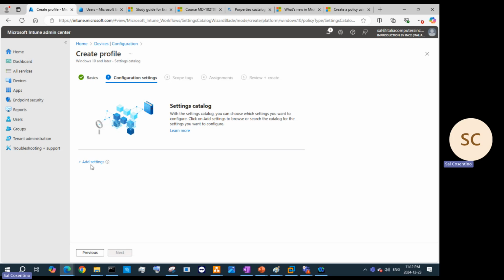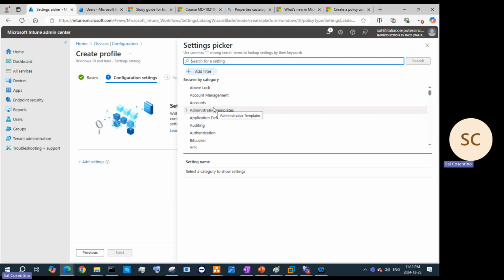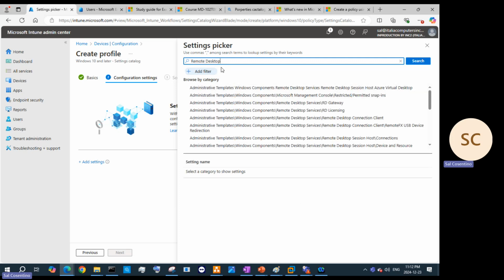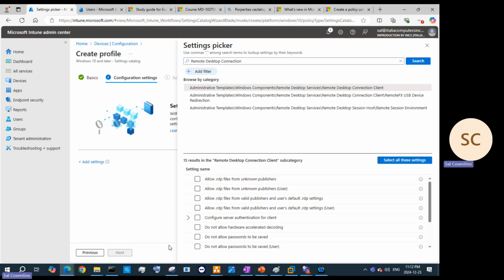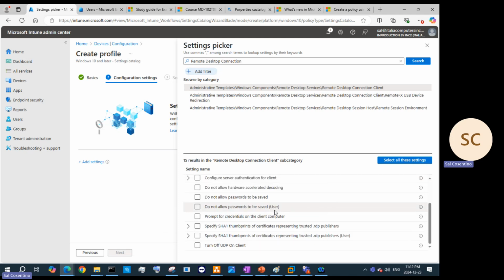And this one, I'm going to add settings, and I'm going to do remote desktop. So let's look for remote desktop connection. So we will go to our administrative template, and we will enable